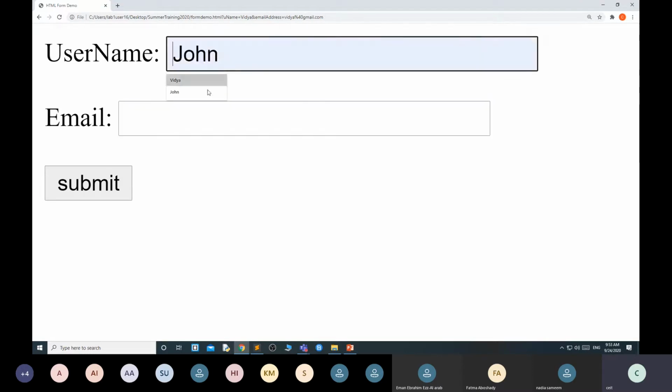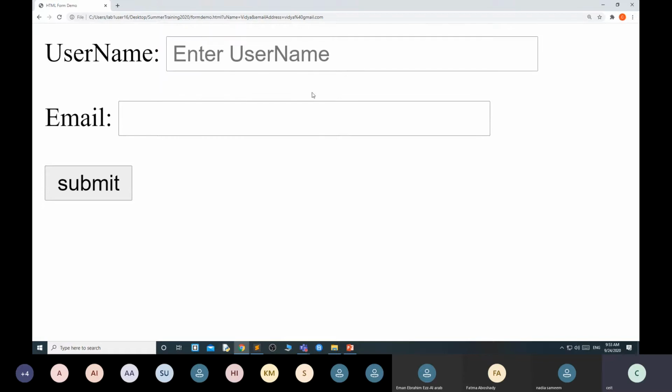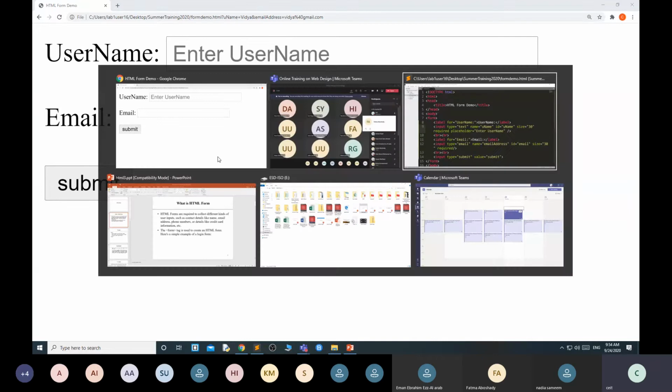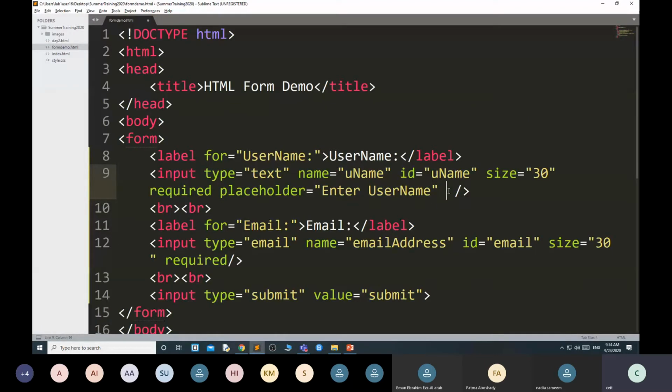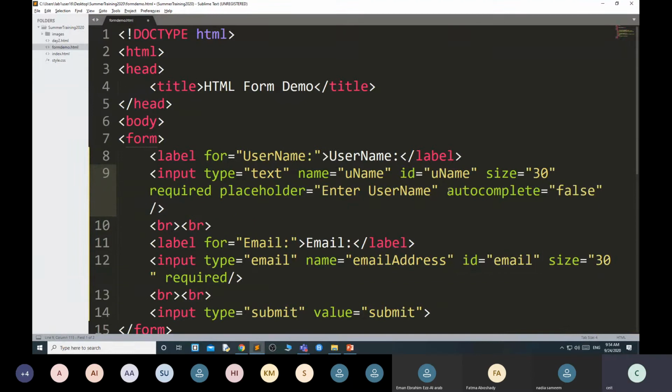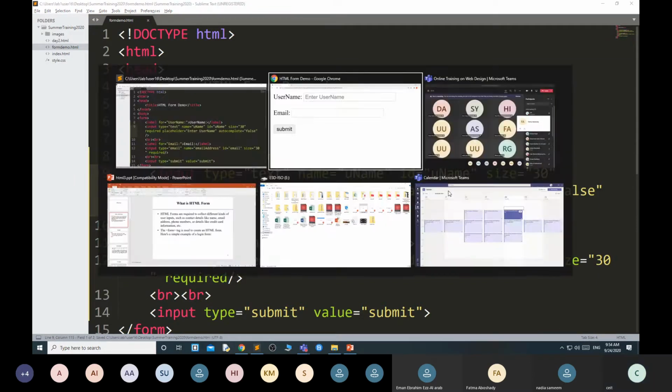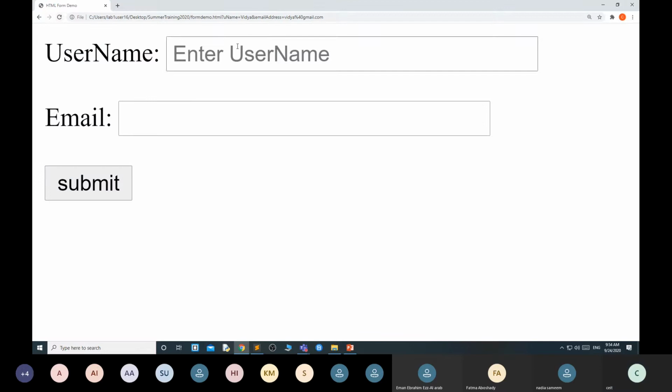But if you don't want this previous value, whenever you reload this form, you want it to not show any previous value. Then what you can do, there is one attribute in HTML5 that is known as autocomplete. Autocomplete false. Okay. Why is it not working?